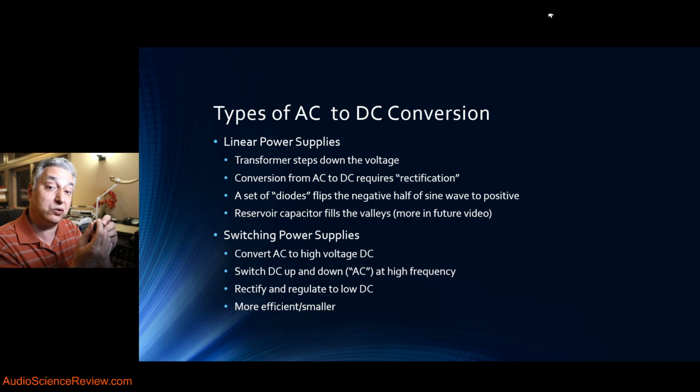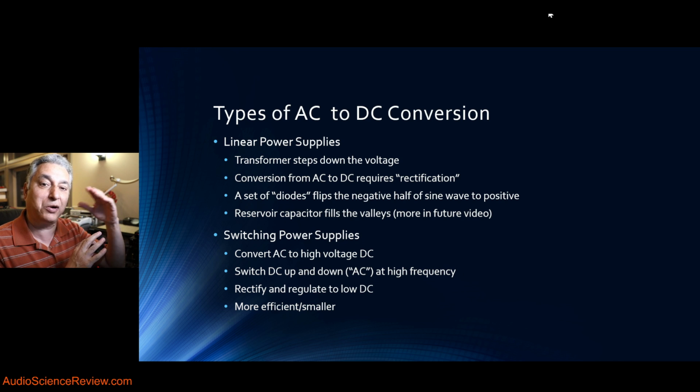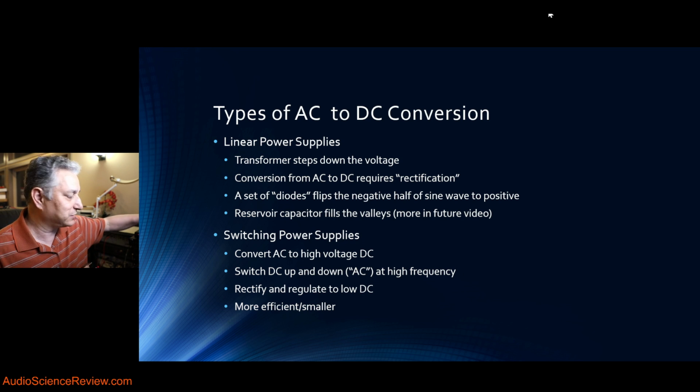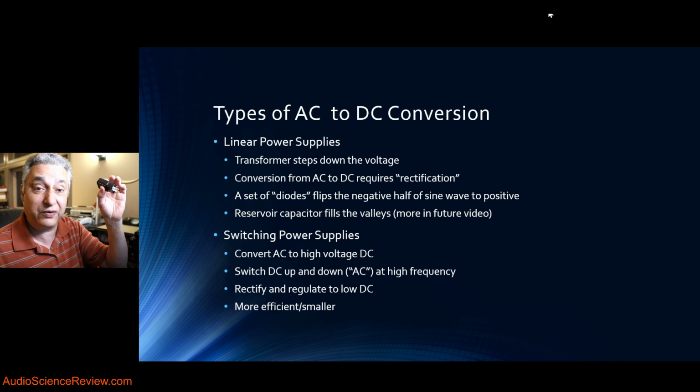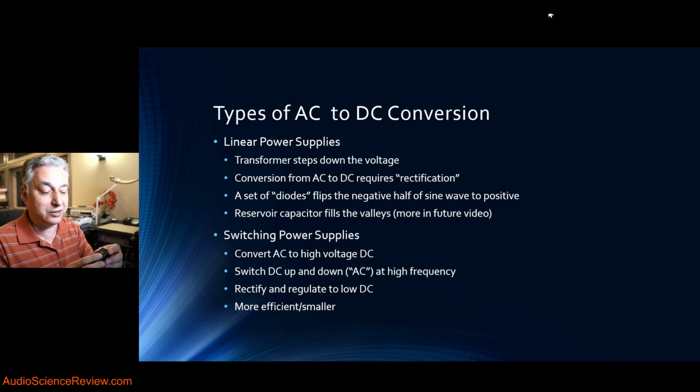First thing they do is convert it to very high voltage DC, just the same process that I just talked about, but no step down. And then they convert it back to AC. Why do they do that? Because 60 hertz requires these kind of giant transformers. But if you run this thing at 30 kilohertz, 50, 100 kilohertz, or even more than that, then the transformers